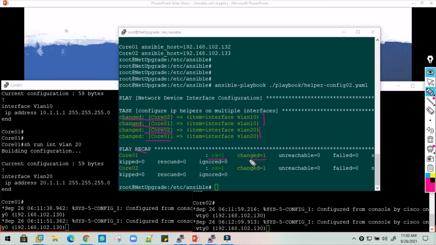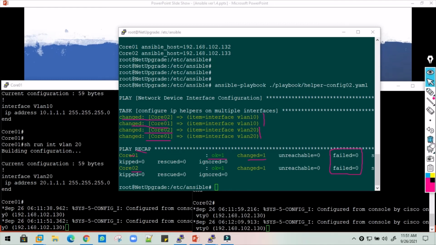We made the changes on core switch 1 and core switch 2. If something goes wrong in the script and has not been executed, then we have the failed section here, and it will be highlighted in red as failed, and you can see a number there which says how many of the actions you performed have failed.